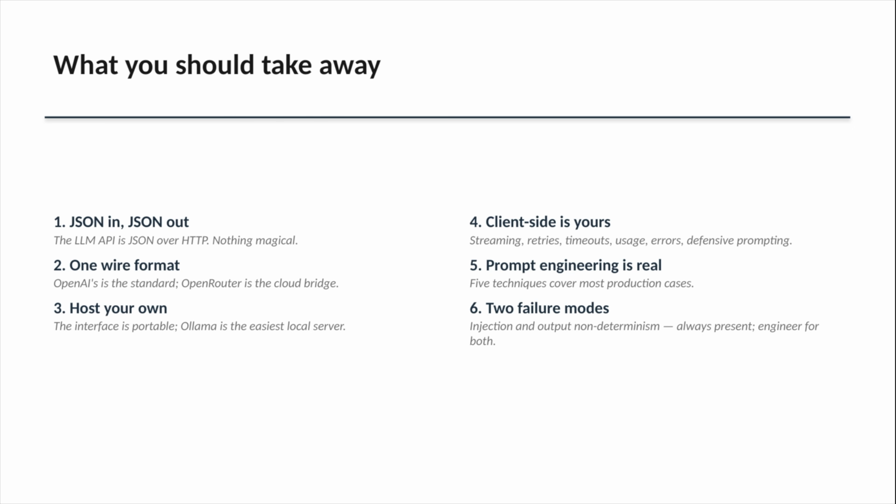6 things to carry out of this week. The LLM API is JSON over HTTP. Nothing magical. OpenAI's wire format is the standard, and OpenRouter is the cloud bridge. You can host your own. Ollama is the easiest local server. Server side stays opaque, but the client side is yours. Streaming, retries, timeouts, usage, errors, and defensive prompting. Prompt engineering is real. 5 techniques cover most production cases, and 2 failure modes are always present: injection and output non-determinism, so engineer